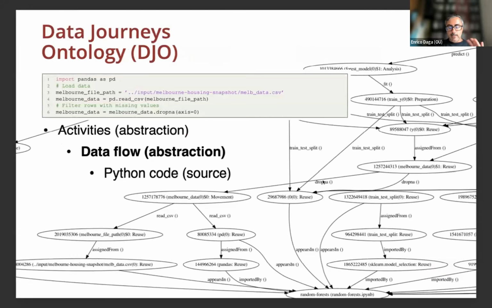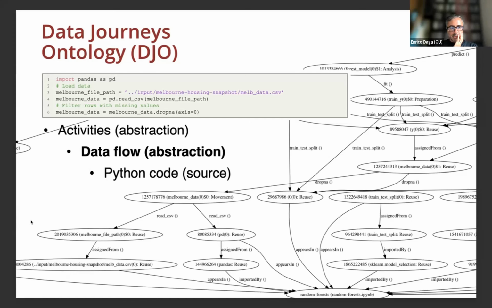In this very confusing slide, you can see a graphical depiction of the data flow and a Python snippet. I don't know if you can see my pointer, but there are a number of objects here, like the Melbourne data here is line 3, this one is another variable, it's line 4, and so forth. You can see that very quickly this graph of data-to-data relationships explodes and becomes very large,